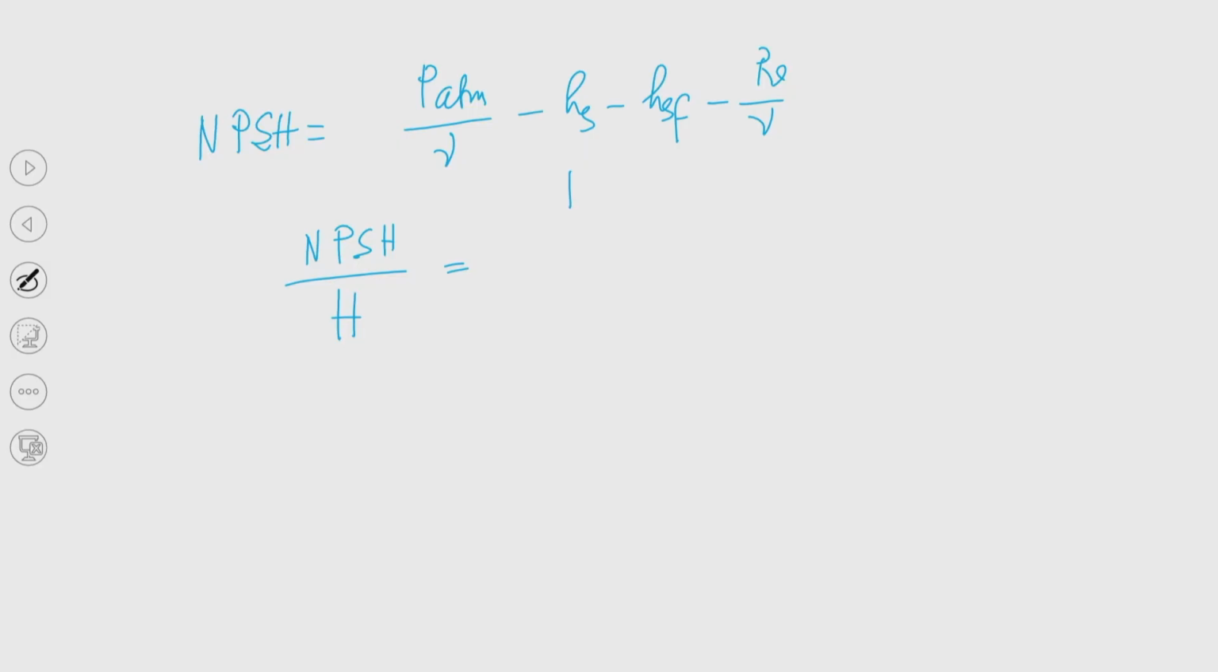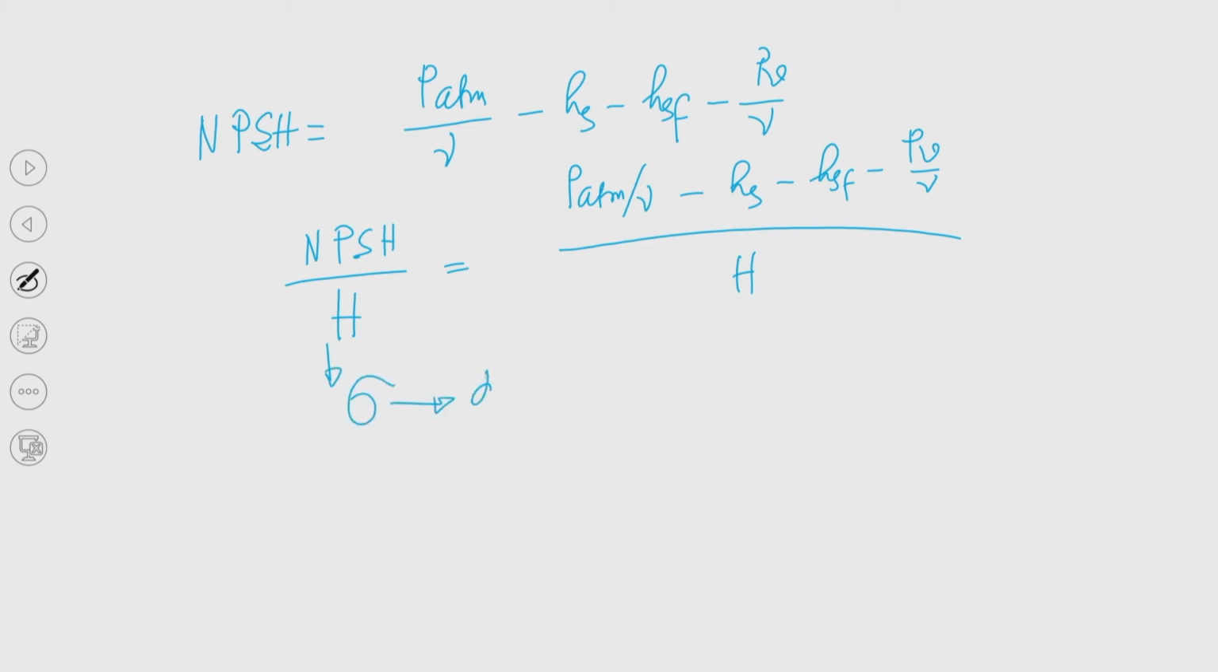So, you can understand, P_atm by gamma minus H_s minus H_sf minus P_v by gamma, divided by H. This quantity is known as the Thoma cavitation factor. This quantity is known as sigma, which is basically a dimensionless parameter,